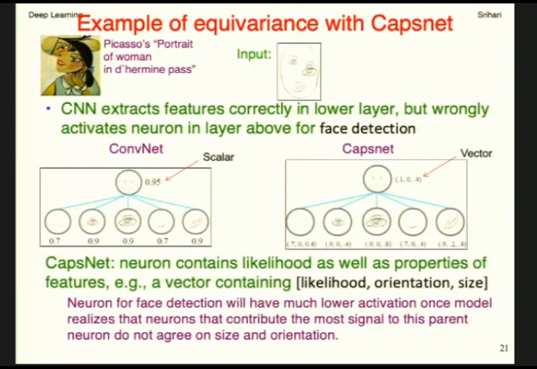So let's say an example of equivariance gaps. There's a famous actual painting, Picasso's portrait of a woman, right? That is an actual painting of a person. And inspired by that, there is an input which,